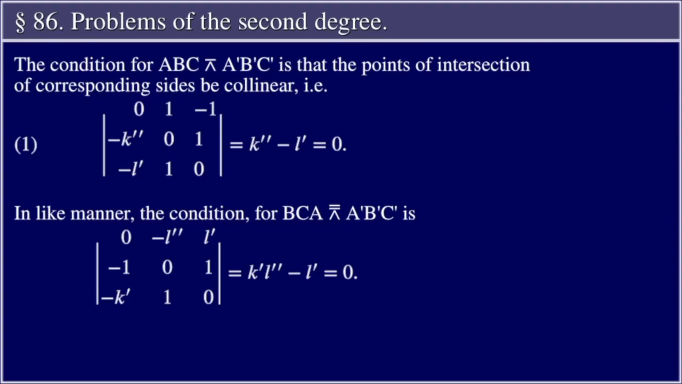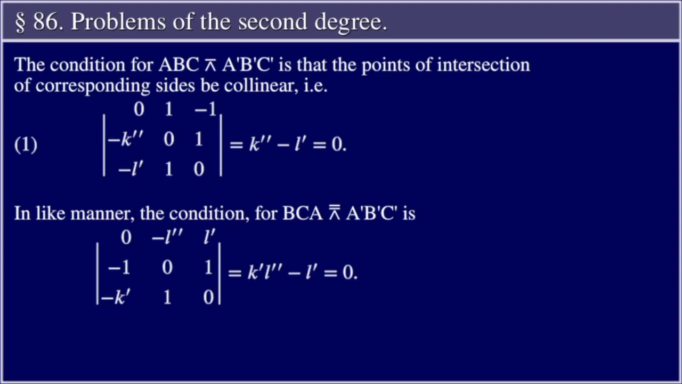The condition for ABC to be perspective with A', B', C' is that the points of intersection of corresponding sides be collinear, i.e., equation 1, the 3 by 3 determinant read by columns, 0, -K'', -L', 1, 0, 1, -1, 1, 0, equals K'' - L' = 0. In like manner, the condition for BCA to be perspective with A', B', C' is equation 2,